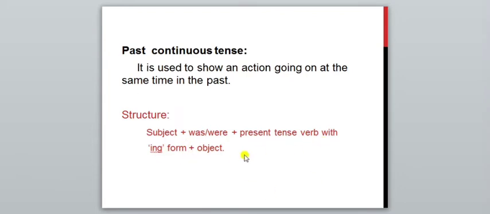See, suppose here the object is not there and you have to make a different sentence by using this same structure. What will you do? Your structure till the ing form will be the same. Only here at the place of object you can use another remaining part of the sentence. For example, I was working in the office. Right? In the office is not the object but it is what? It is the adverb of the place.